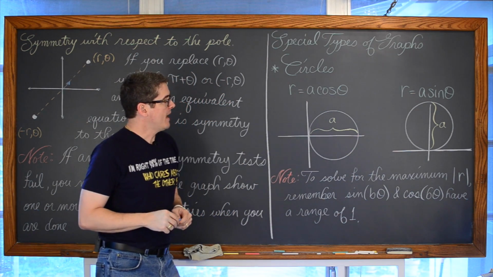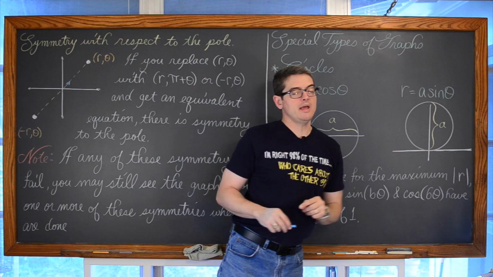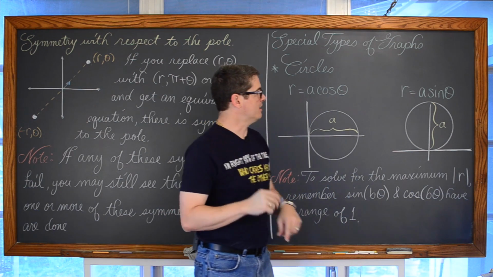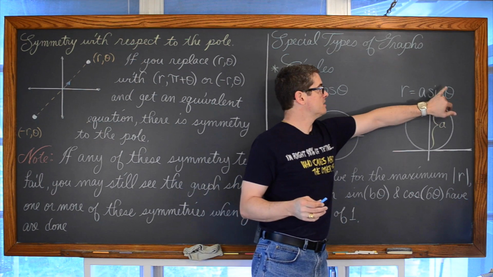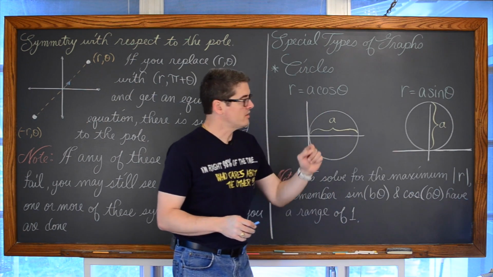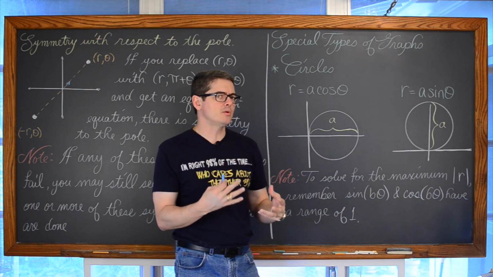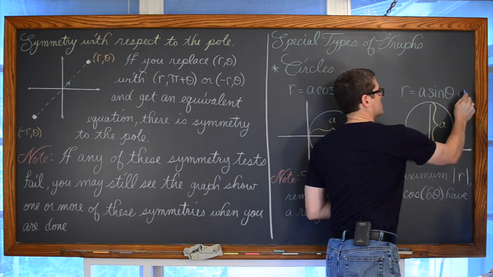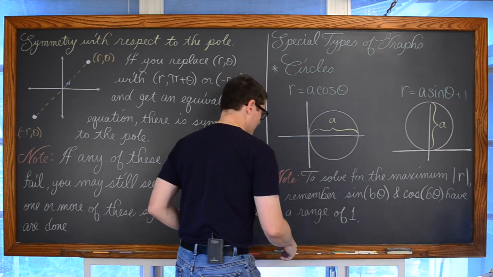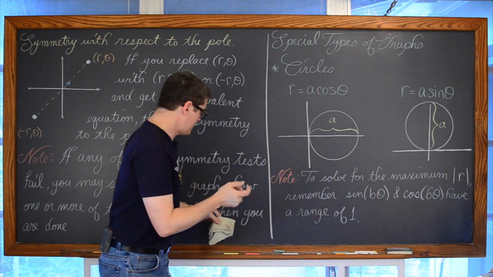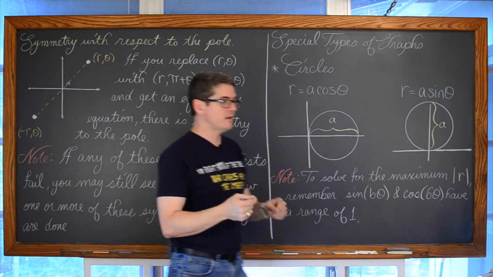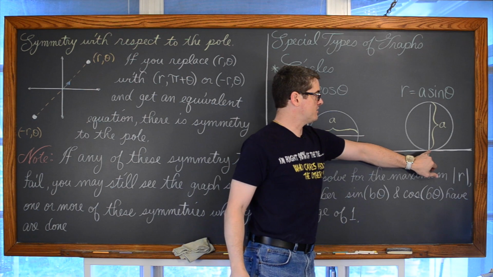is going to be a. And if you have r is equal to a sine of 1 theta, then you have again a circle. So any kind of constant coefficient of 1 on theta, with nothing else going on there, like no plus 1 or something like that, otherwise that's going to be some other type of graph. It's just a times the sine of theta, then you're looking at a circle,